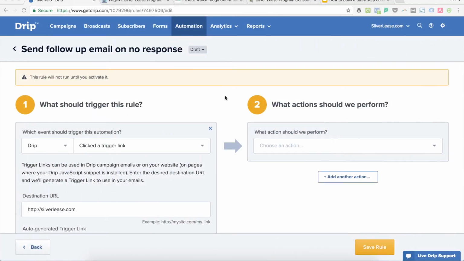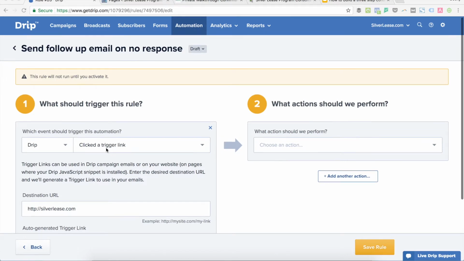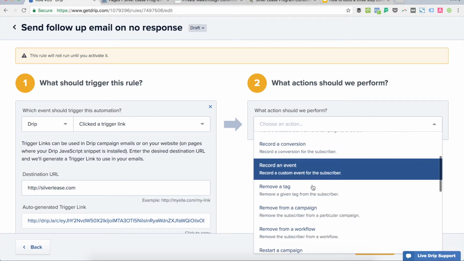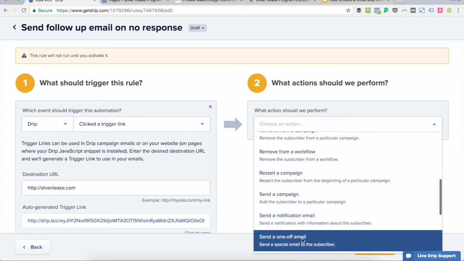We are in Drip about to create the rule that we need to send a one-off email when someone doesn't answer, when we've attempted to contact them to set up the appointment. So I've got it set up when someone clicks a trigger link, and again, it doesn't matter where they're going. It only matters that they click this link. The action that we're going to do is send a one-off email